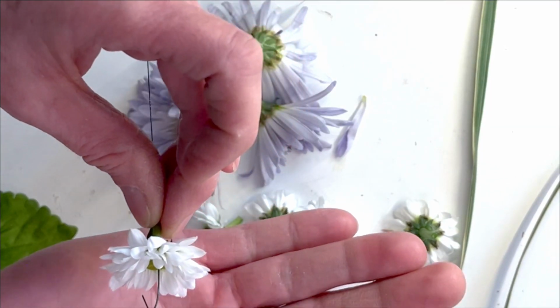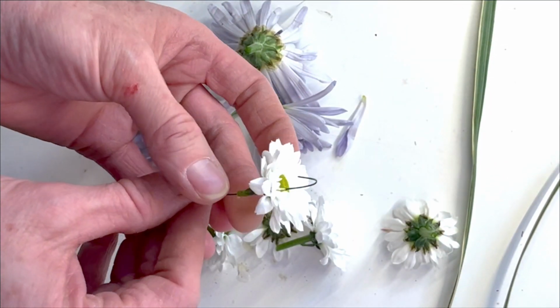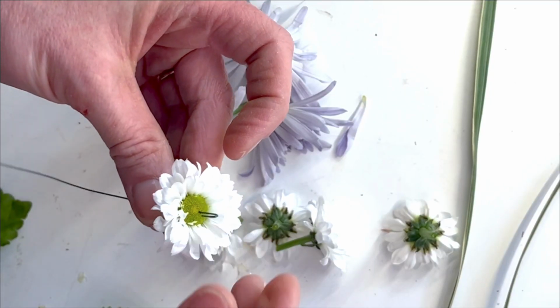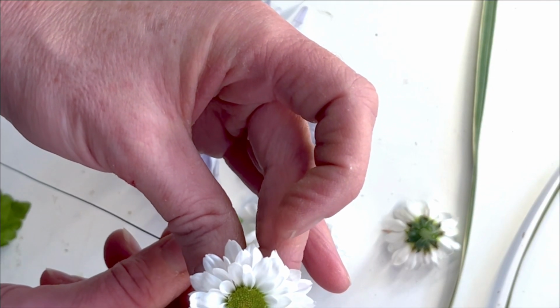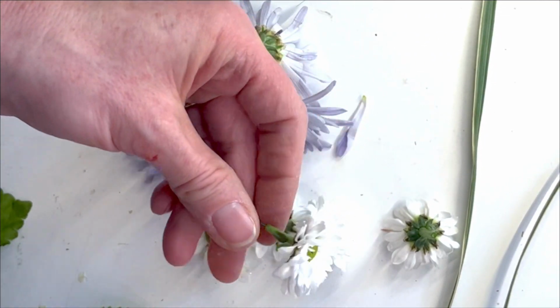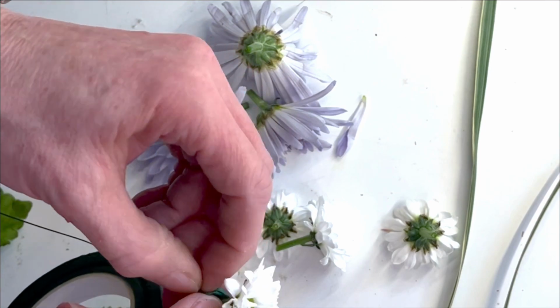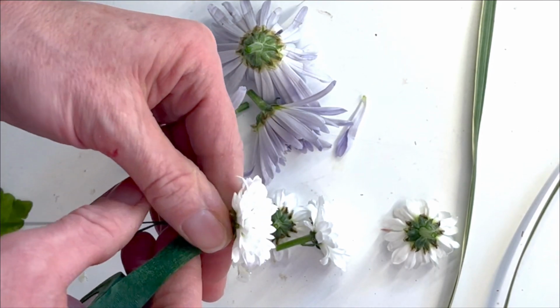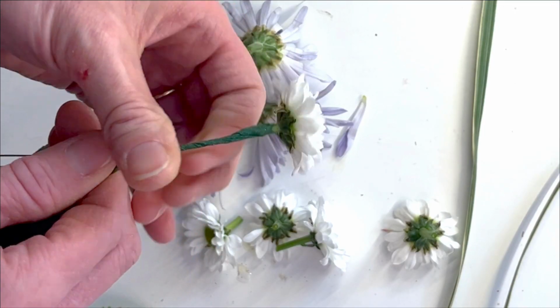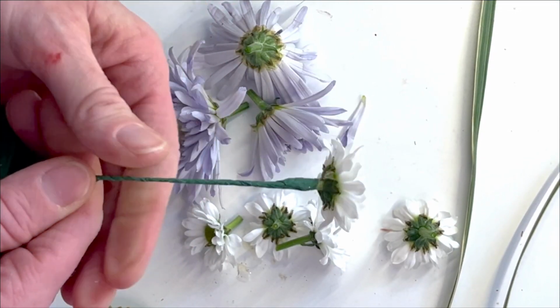And then you make a little hook, like a little shepherd's hook, or like a little candy cane. And then you're going to pull that back down, and it usually disappears right into the center for you. And once that's in place, I add some wax floral tape and gently start it around the base of the